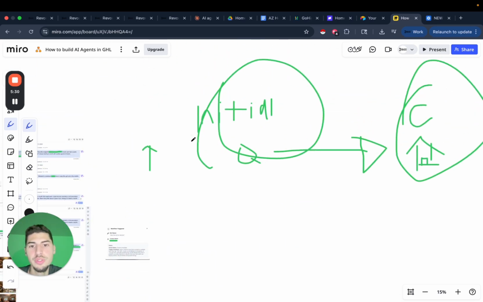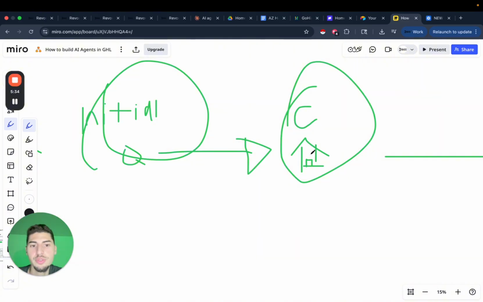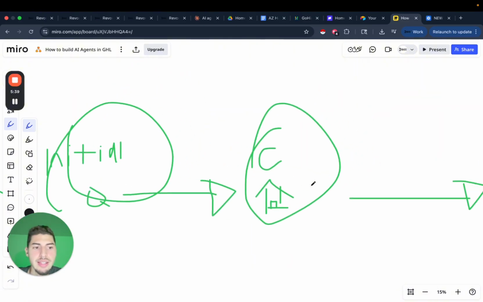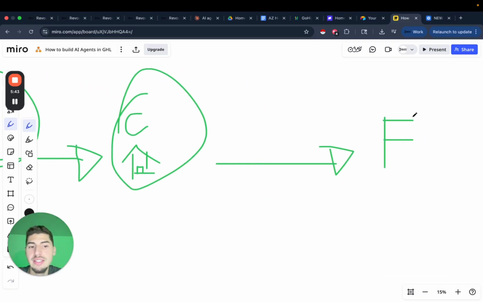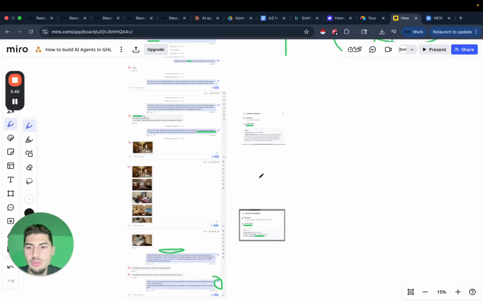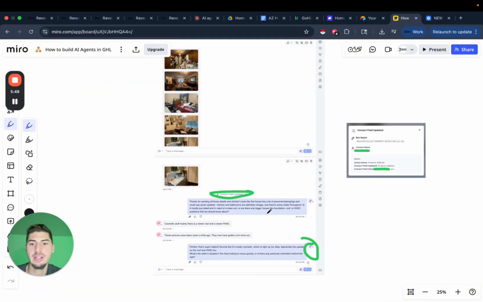As we showed here, this one was mainly for initial qualification, and that's what's happening in this conversation here. We transferred over to the one that's going to start qualifying about property details so that it performs this task a lot better. And then whenever it's done with this and we need to add them back to the follow-up, there will be a separate AI agent that covers that task, and it's going to be super money at taking care of follow-up. And so that's an example of how AI agents can really massively grow and help your